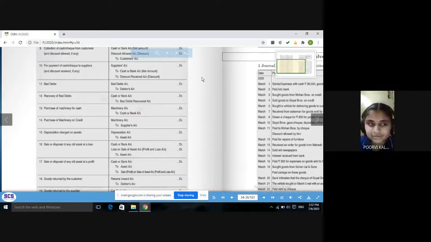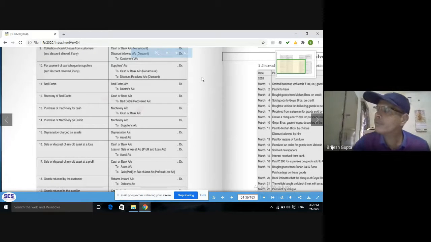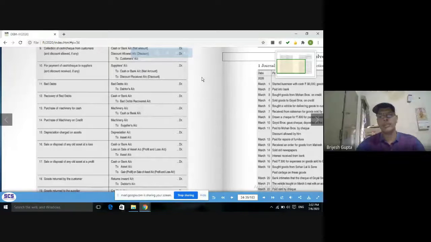Machine is also an asset. Machine, furniture, land. Yes, this list you can see in the book also. So all tangible and intangible assets: land, building, machine, furniture, cash. These all are the assets. Building, computer, typewriter, goodwill, patent, trademark, copyrights. These all are the assets. So they all will be debited by their individual names.